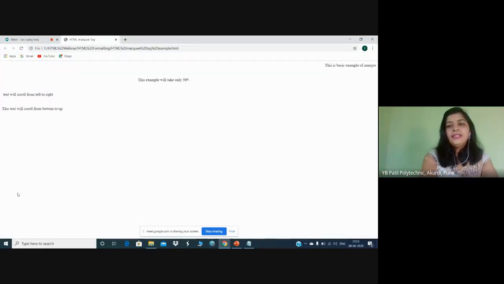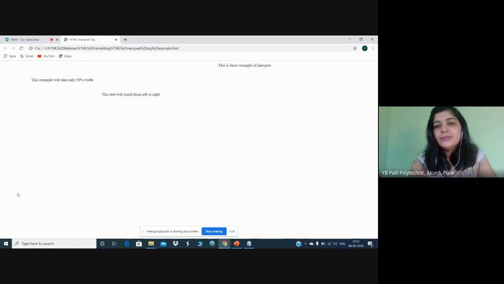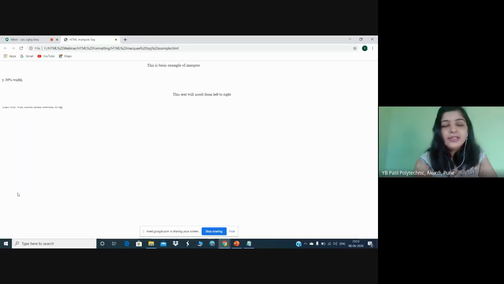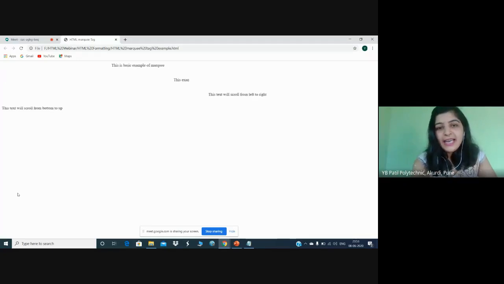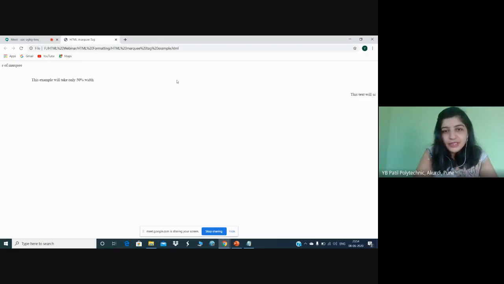Here you can see your first marquee tag, where I have not specified any attribute, which is scrolling from right to left. Then in the second line, I have specified the width as 50%, so it is scrolling from the middle.